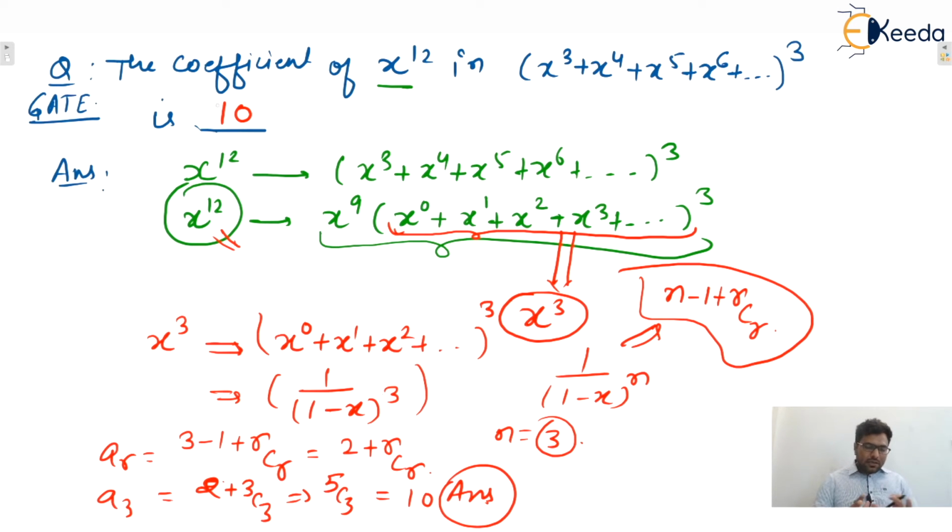Okay. Now we'll see some advanced counting problems and how to solve them. Some problems were left out when we did n minus 1 plus r C r, that kind of problems. So I'm going to solve those types of problems, in which some upper constraints are there.